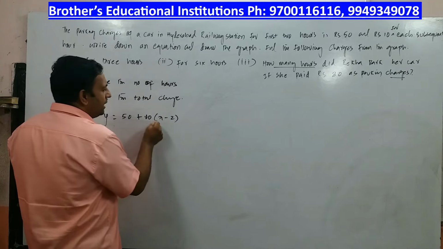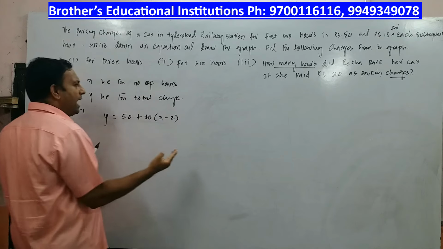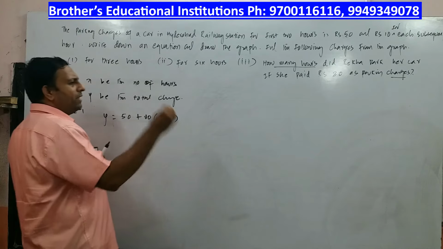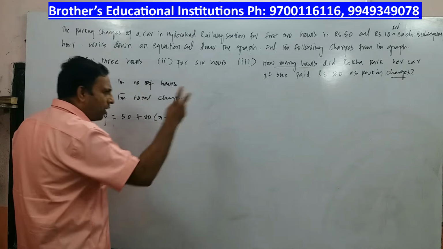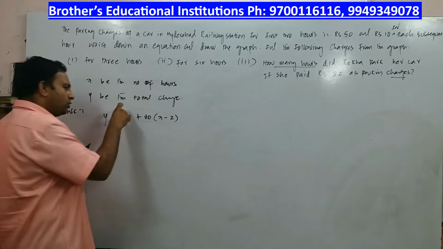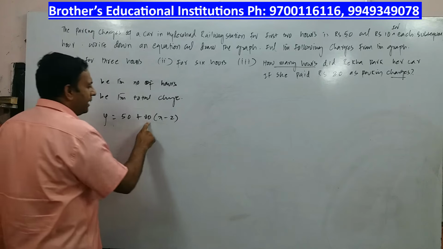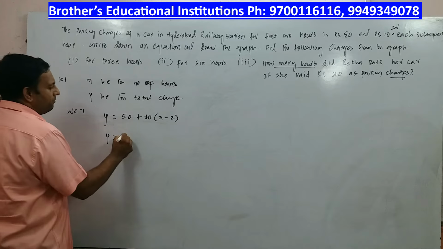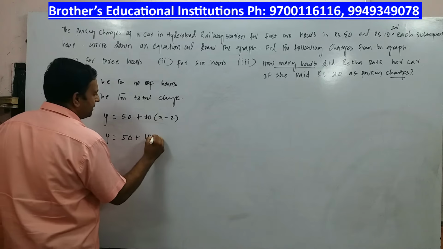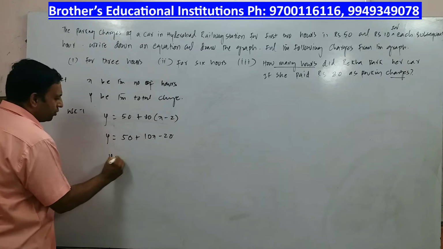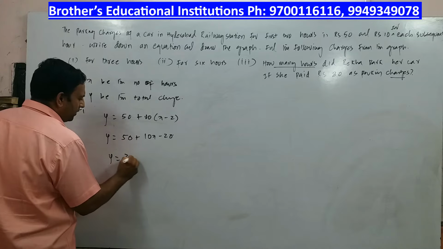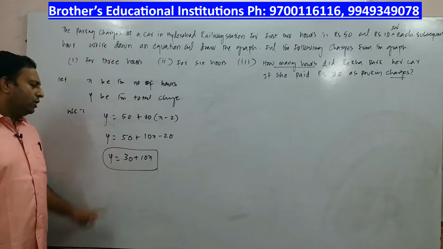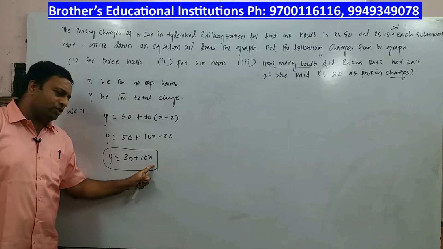And then on additional you have to take. So if it is 3 hours means you will not multiply 3 into 10. You have to multiply 1 into 10 because already 2 hours are accounted here. So that 50 you will write here, plus 10 into x minus 2. So y is equal to 50 plus 10x minus 20. So y is equal to 50 minus 20 is what? 30 plus 10x. So you have got a linear relationship between two variables.